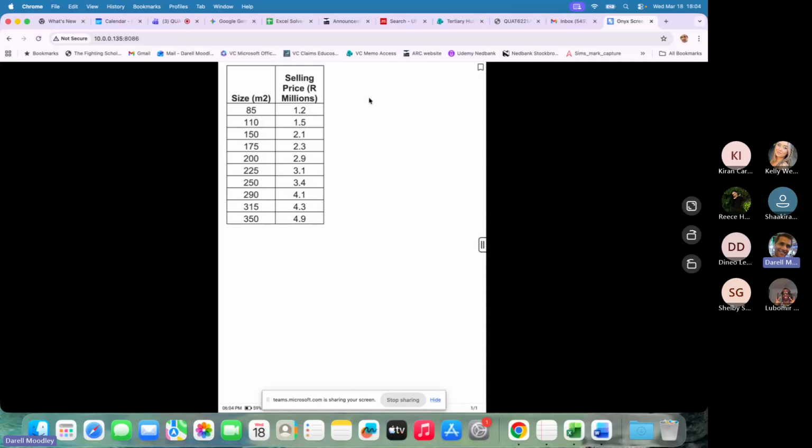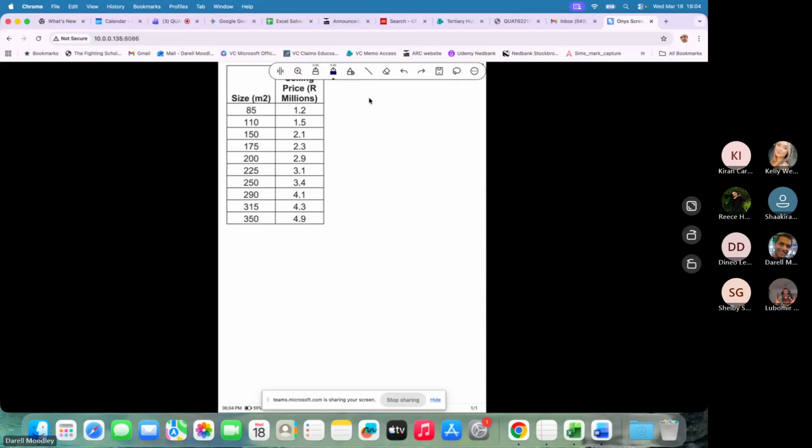So for instance, in the first row, we're saying for a square meter size of 85, we expect the selling price to be 1.2 million rands. And for the next row, for a slightly bigger size, 110, we expect the selling price to be 1.5 million. So if we had to plot this, okay,